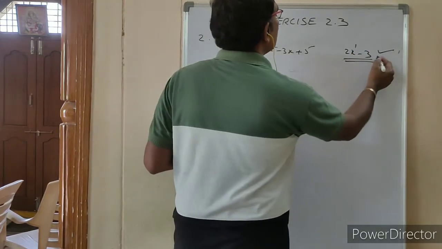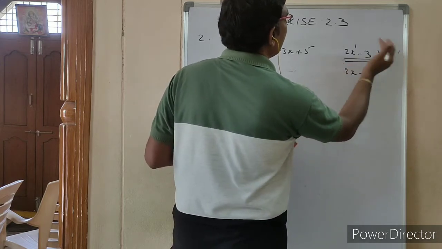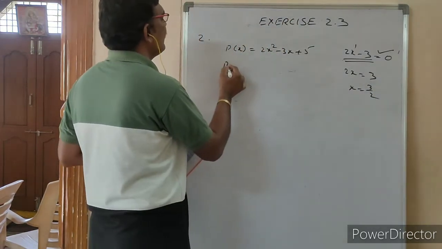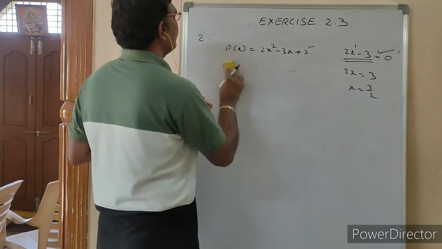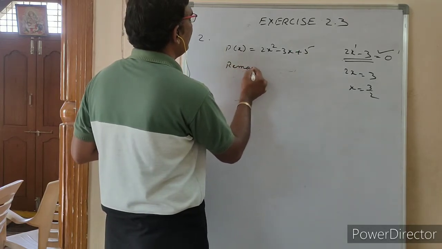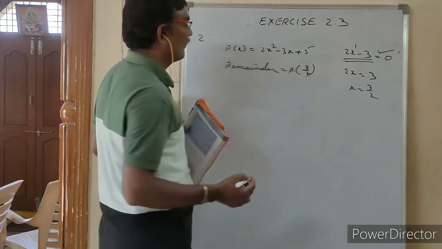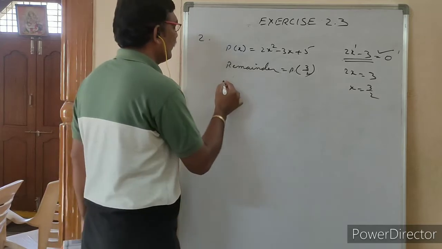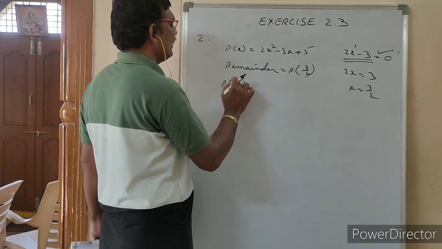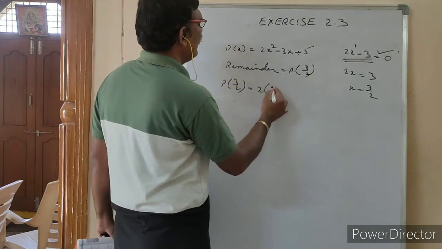So first, what I said is to equate this polynomial to 0. 2x is equal to minus 3, take 3 to that side. x is equal to 3 by 2. Means the remainder is p of 3 by 2. According to the remainder theorem, the remainder is equal to how much here? p of 3 by 2. How to do p of 3 by 2? Very good. I said to you already. In place of x you have 3 by 2. Wherever you are seeing x, there you have to write 3 by 2.